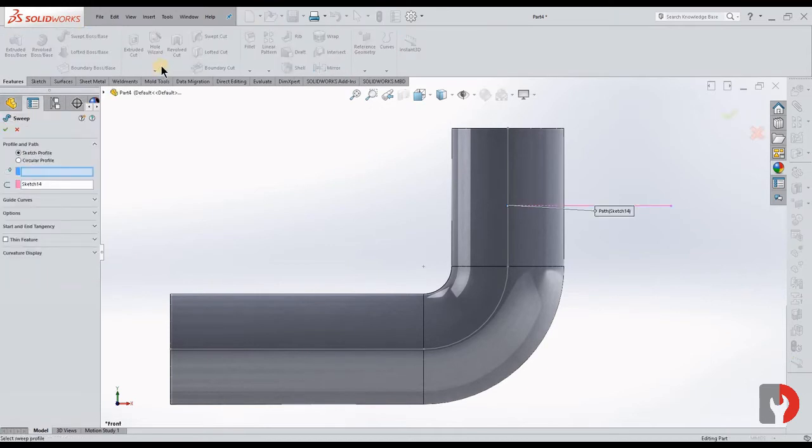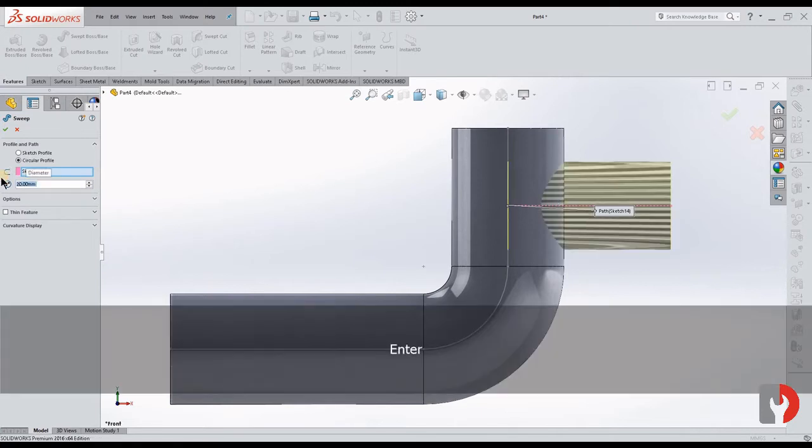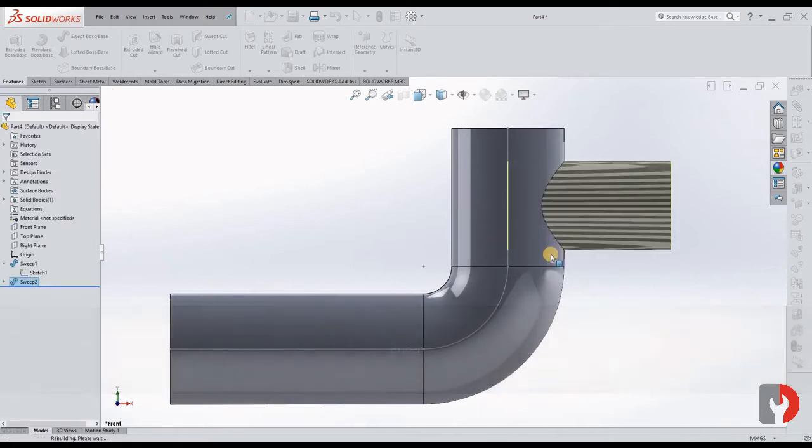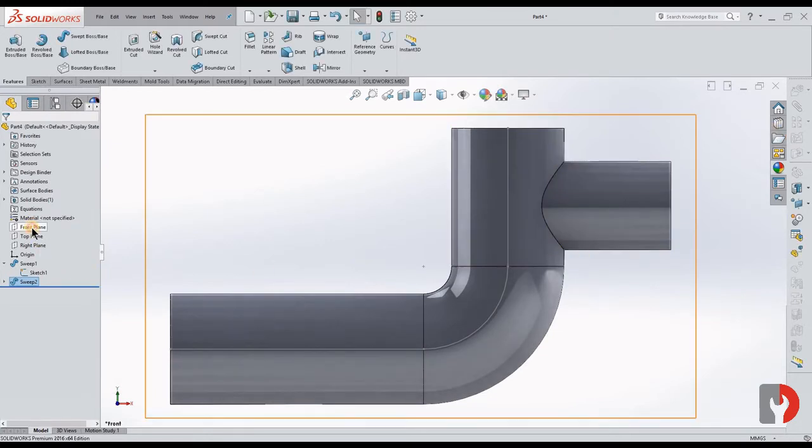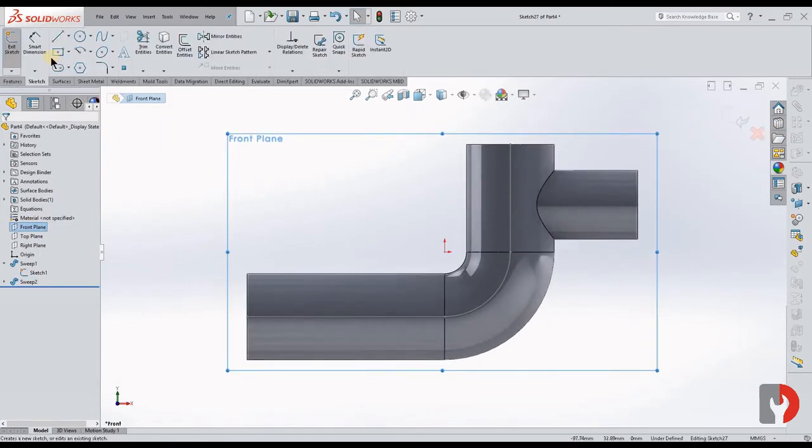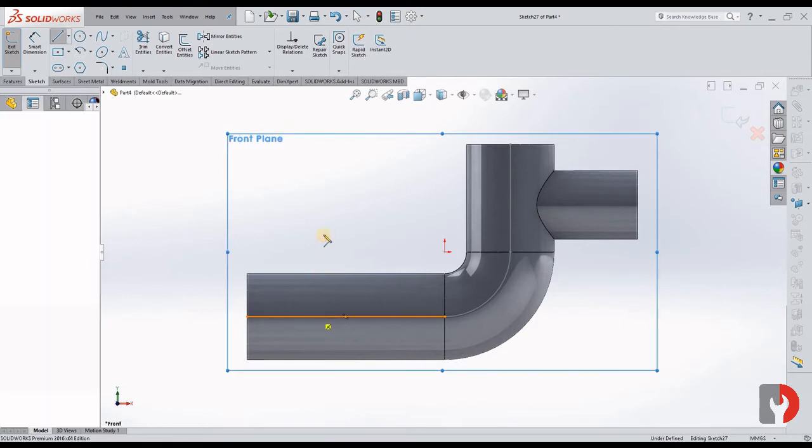Swept boss base, circular, give it as 20. Okay, now again front plane, sketch, draw another line here.